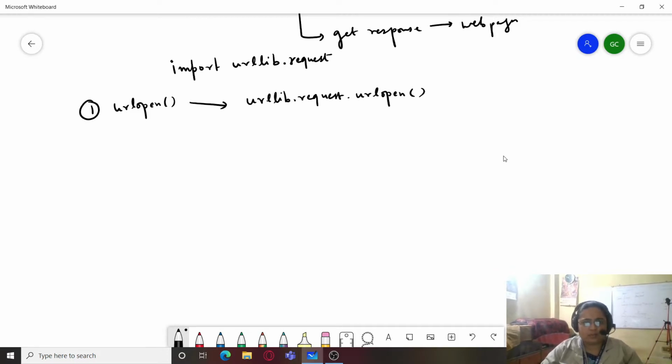This urllib.request.urlopen function returns an identifier.